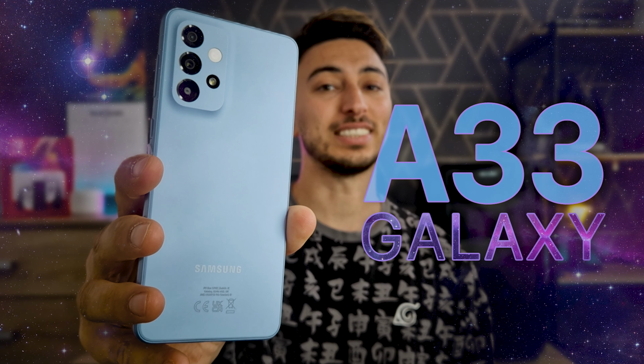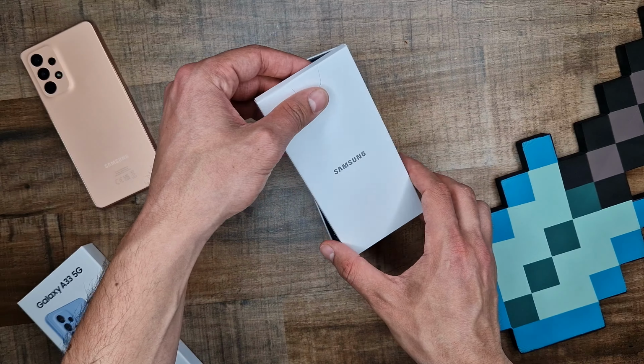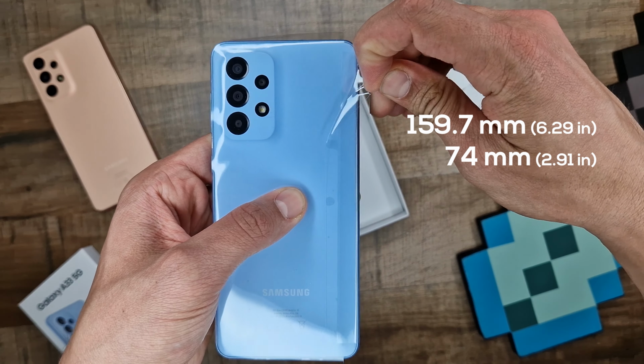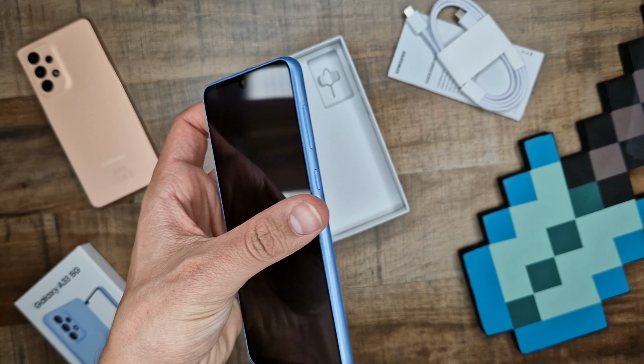This is the Samsung Galaxy A33 5G. The 186 grams plastic phone has an IP67 certification. With a measurement of 159.7mm long, 74mm wide and 8.1mm thick, the phone still lacks a 3.5mm headphone jack, but it has stereo speakers